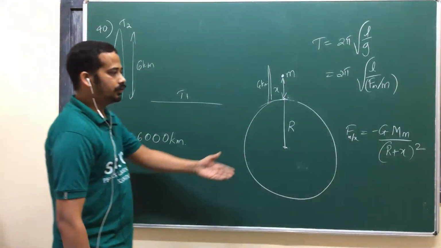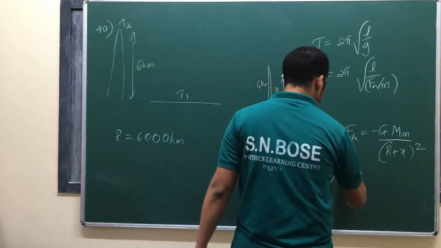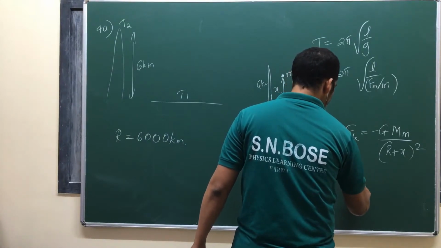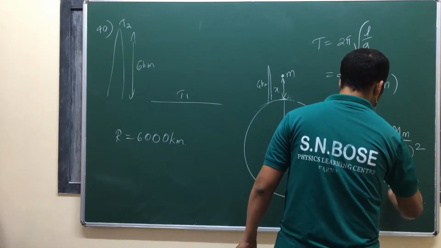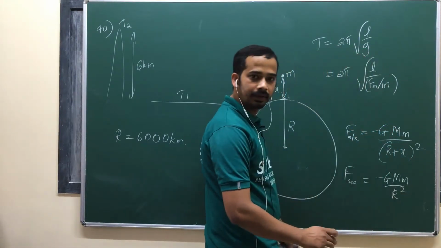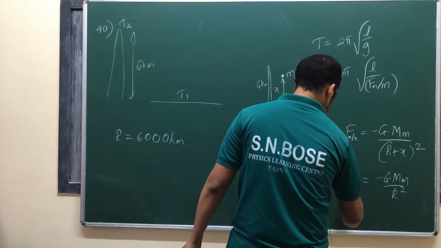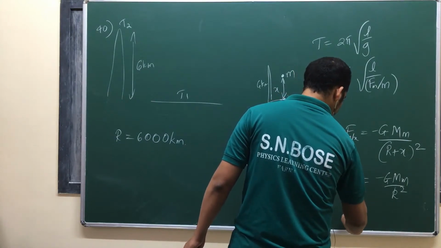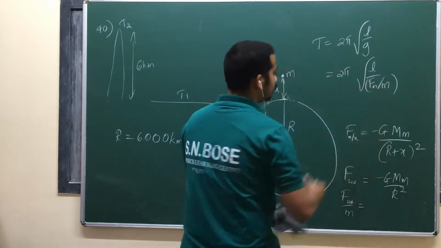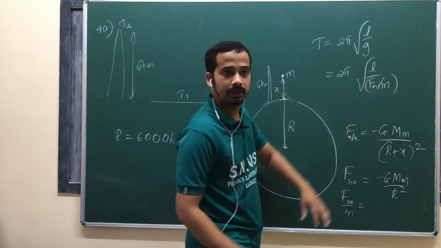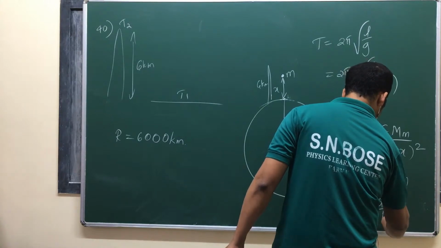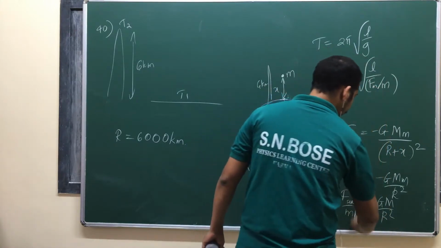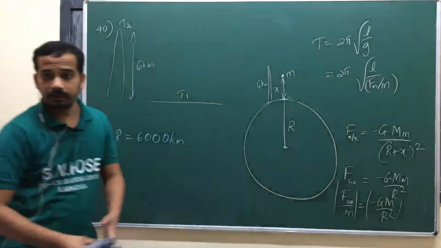So now you can use this formula. You need force at sea level. What is this one? Minus GM by r square, actually. Now force by mass, that is nothing but this quantity you need to substitute here. That's equal to minus GM by r square. You take the magnitude of this one, and you have the under root there.